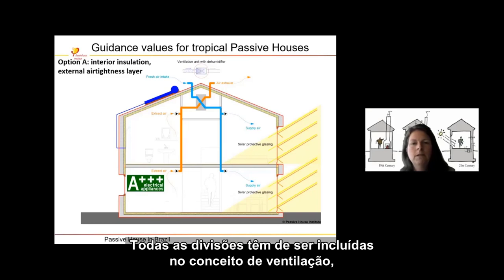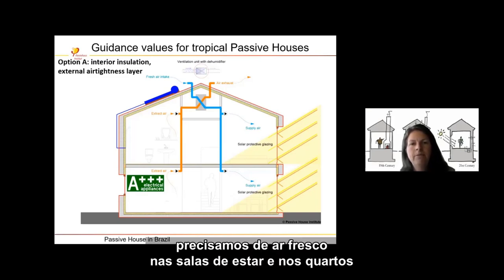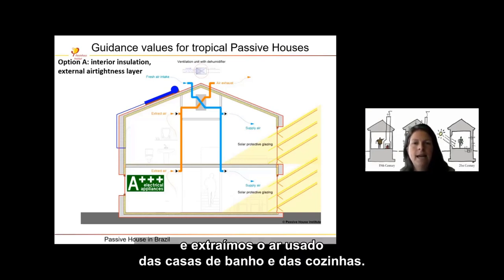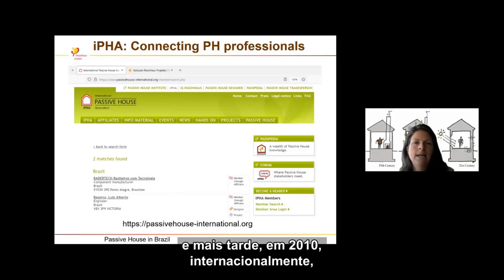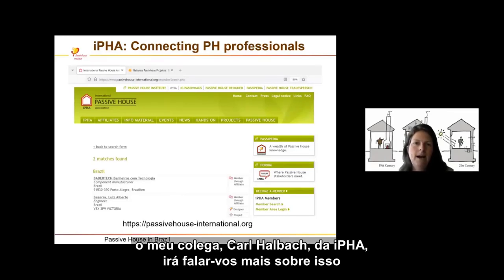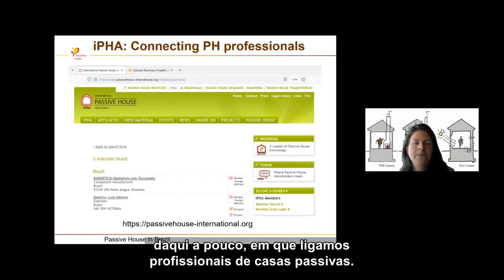All the rooms need to be included in the ventilation concept. We need fresh air in the living rooms and bedrooms, and we take the used air from bathrooms and kitchens. We created a network, first in Germany in 2003 and later in 2010 internationally. My colleague Karl Halbach from IFA will tell you more about it in a moment, where we are connecting Passivhaus